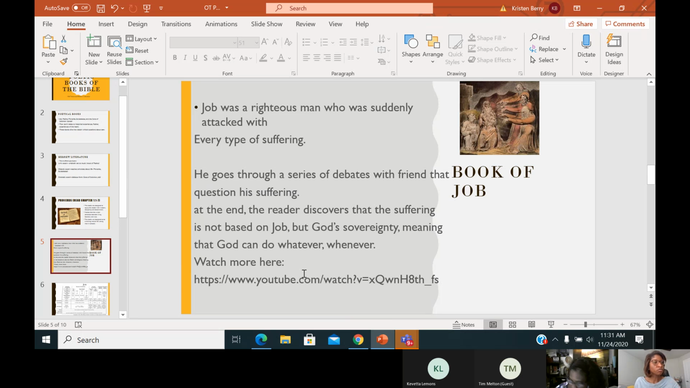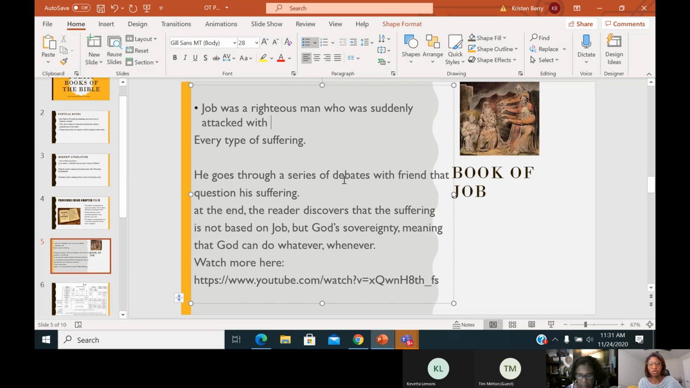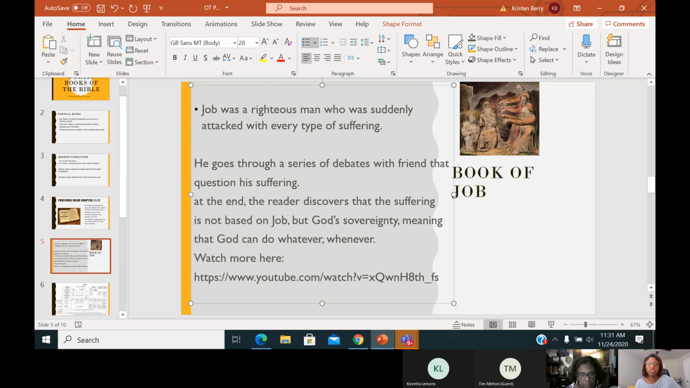Now, the book of Job is really interesting. If you get a chance, we're going to look at the divisions of Job. But one of the things that a lot of people find interesting with this particular book is that Job was considered a good guy. He was considered to be a righteous person, but then all of a sudden he was attacked for, to us as humans, we would say like for no reason. And the book of Job deals with